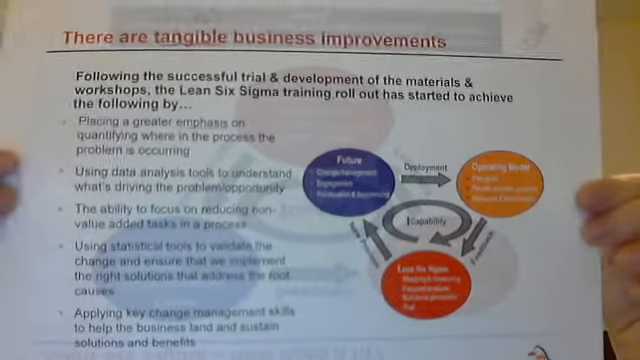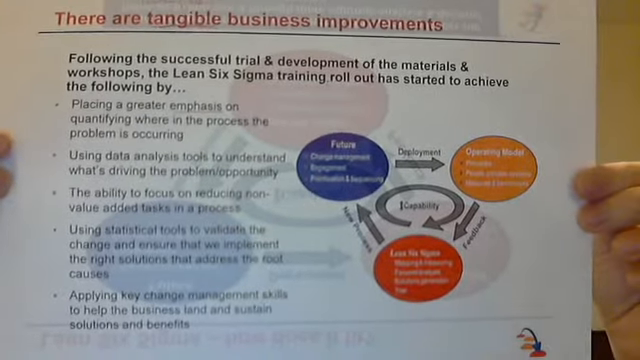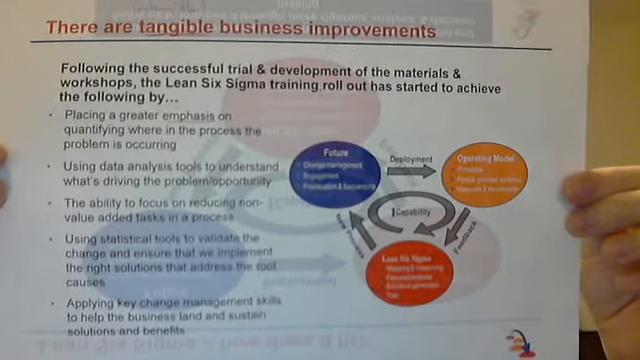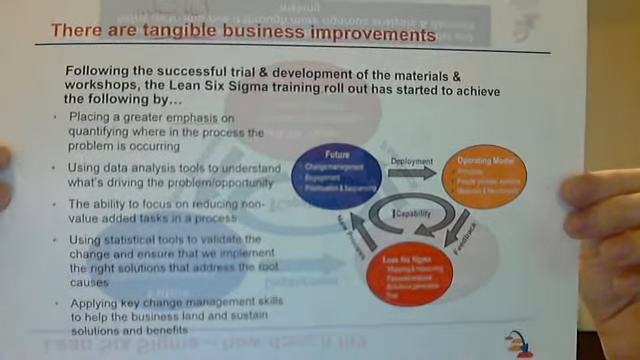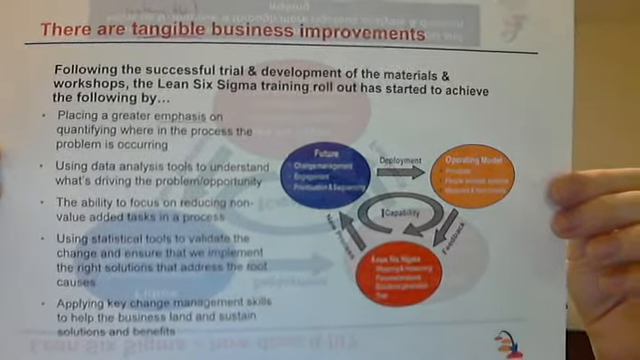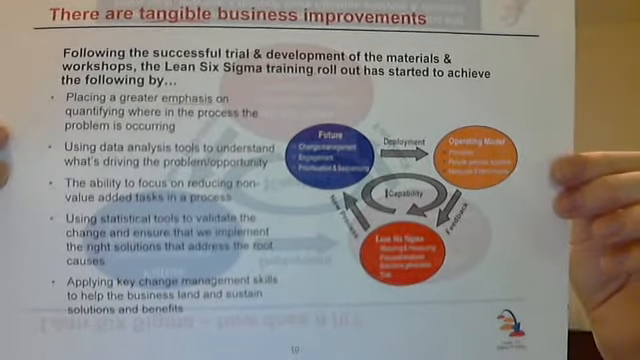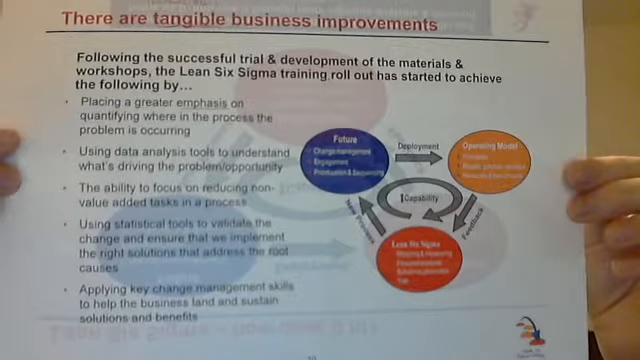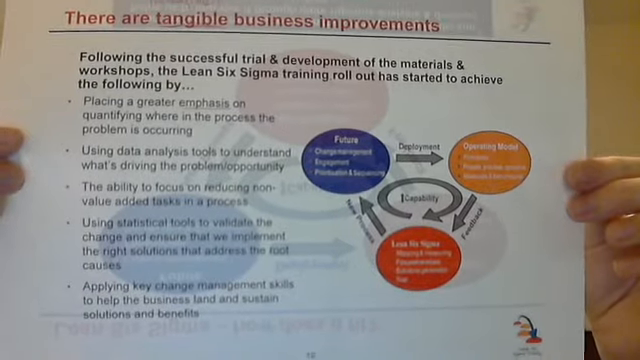So this one has more detail on, a bit more to read. Let's try it. There are tangible business improvements. Tangible means something that you can touch physically. Quite important. Tangible. Following the successful trial and development of the materials and workshops, the Lean Six Sigma training rollout